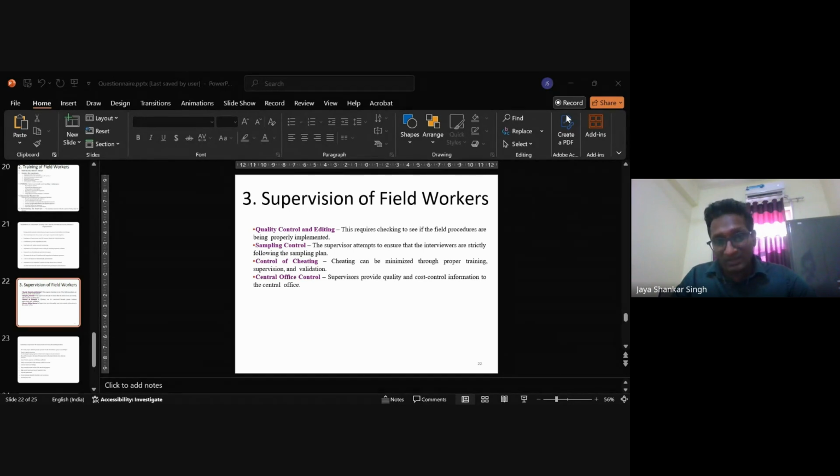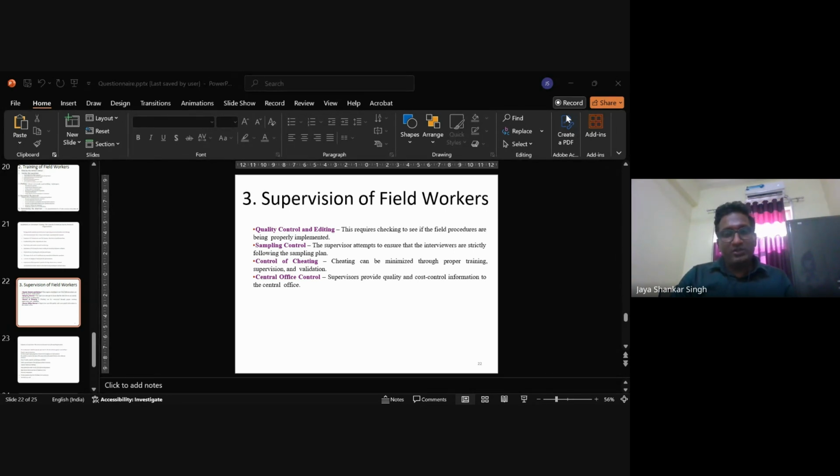Now, as a supervisor, it is your work as a researcher to supervise the activities of the field worker to make sure whatever sampling technique you are using is being followed on the ground properly. For example, suppose I am running an exit poll company. As an exit poll research company, it is my responsibility to make sure I have a proper representation of the population. If I am doing research or collecting data in a particular constituency,